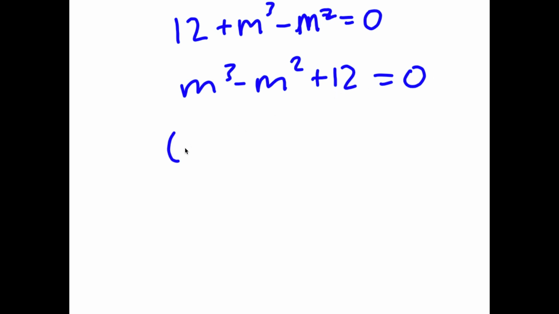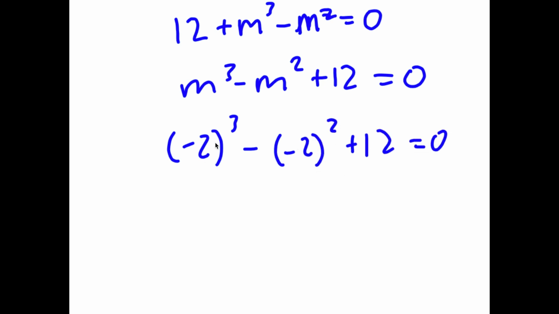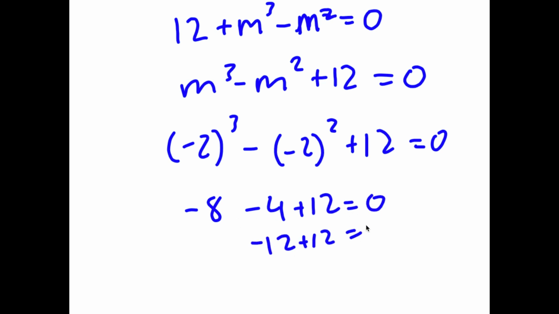But negative 2, let's see negative 2. So I have negative 2 to the power of 3 minus negative 2 squared plus 12 is equal to 0. Negative 2 to the power of 3 is negative 8. And negative 2 squared is 4. Negative 8 minus 4 is negative 12. So I have negative 12 plus 12 equals 0, meaning negative 2 is a solution. So now that I know that negative 2 is a solution,